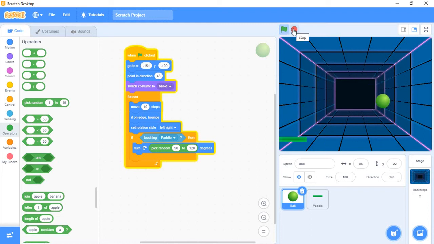Next code is if it is going beyond the paddle, in that position the game should be over. Okay.